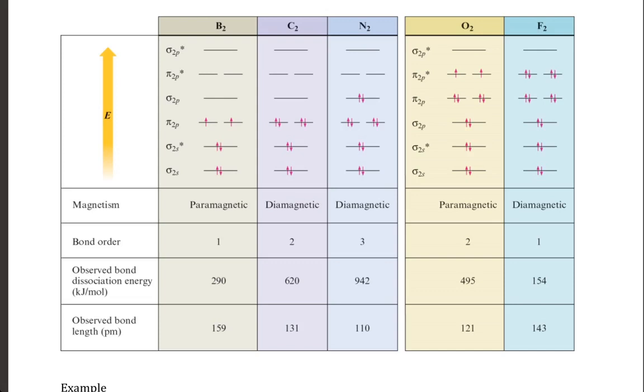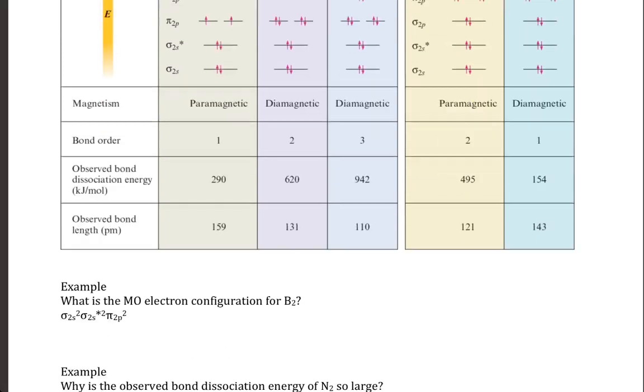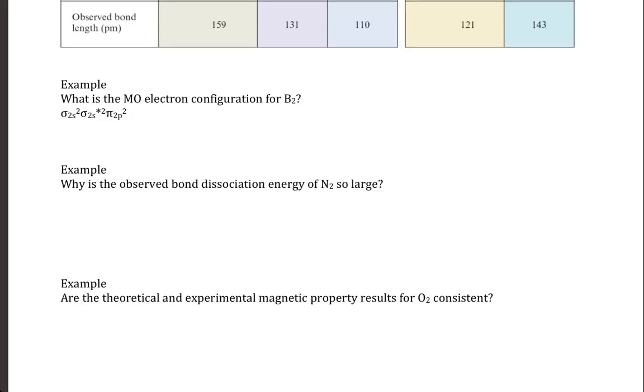And then we have the observed bond dissociation energy. So the bigger the bond order, the larger we expect the bond dissociation energies to be, and they roughly follow. And then the bond length. If we have a big bond order, the nuclei are close together, and so we expect a small length. Smaller bond order, farther nuclei, we expect a larger observed bond length. So there are now some examples for you to do,